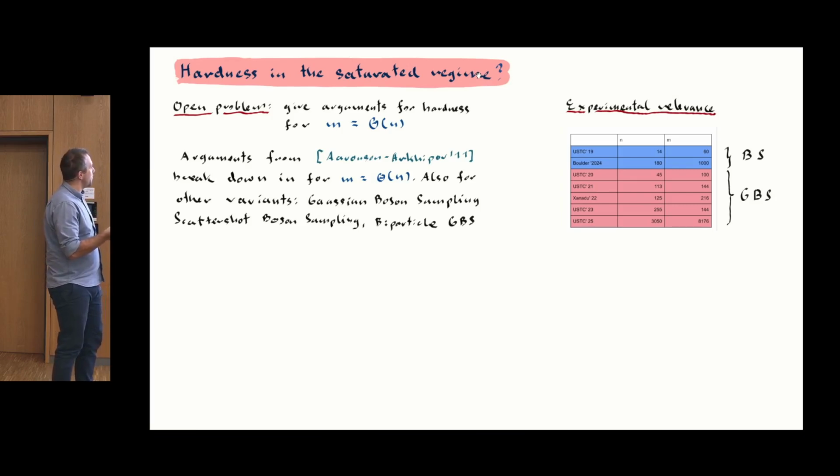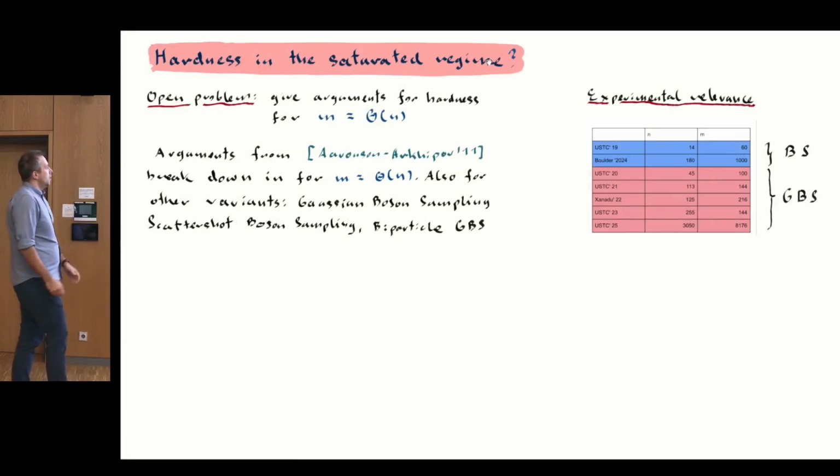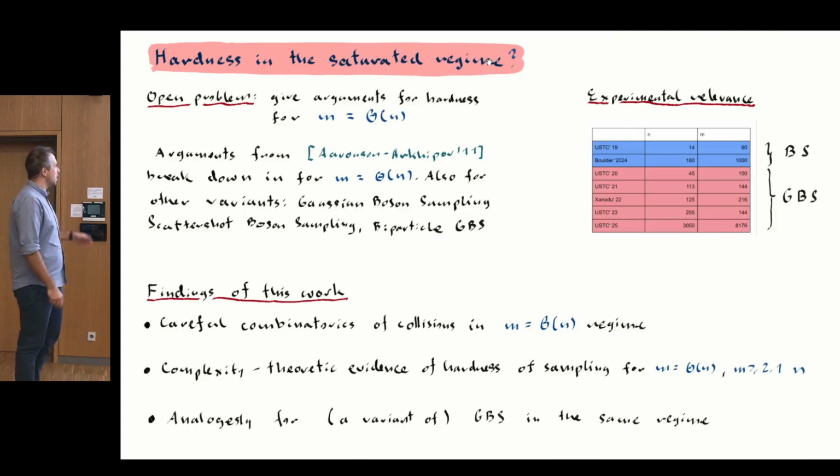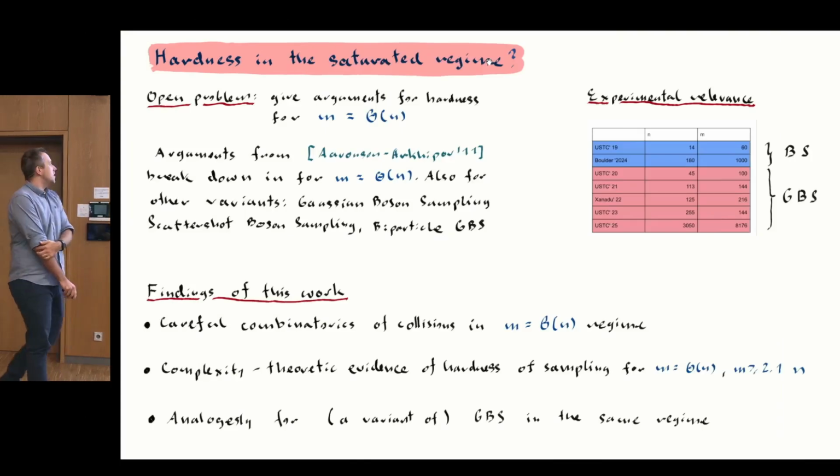You had more efforts on the side of Gaussian boson sampling, but even the newest result from Hefei from 1 month ago, the number of probably detected particles is 3,000, with a number of modes... I think they did time multiplexing, if I remember well. It's still constant. The ratio is 2. You see. Okay, so what we aim in this work is to push.